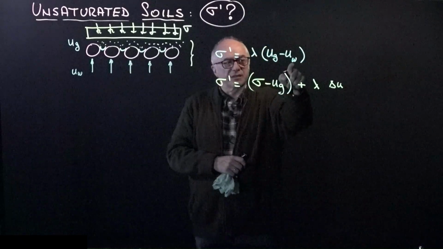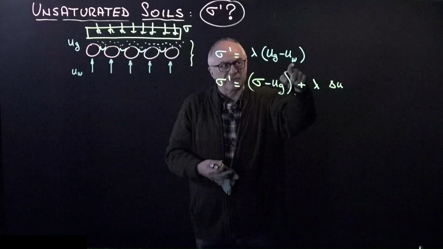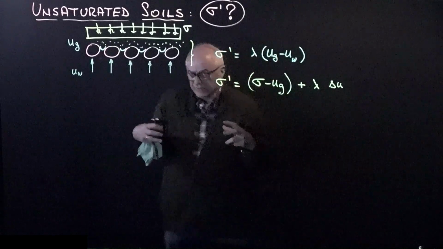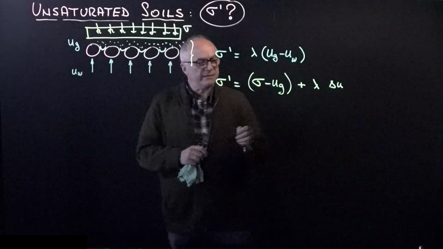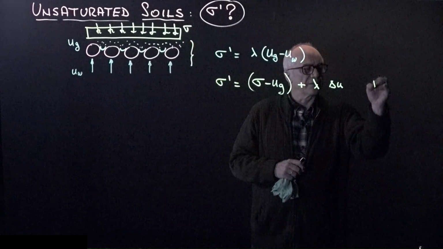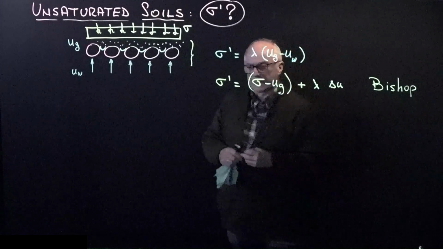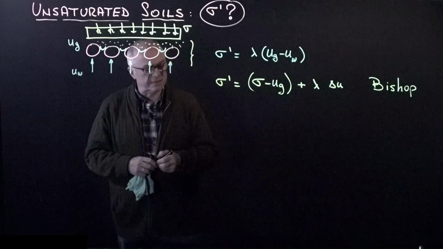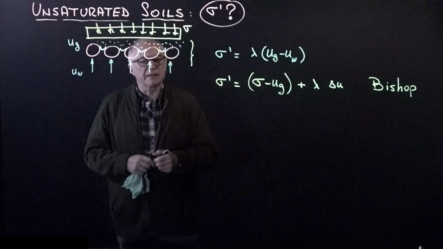Please recognize that u water will be a negative value, so it gives me a positive value to cause this stiffening of the material. This equation is known as Bishop's equation, and it comes from the beginning of the 1960s, somewhere between 59, 60, 61. Let's see some